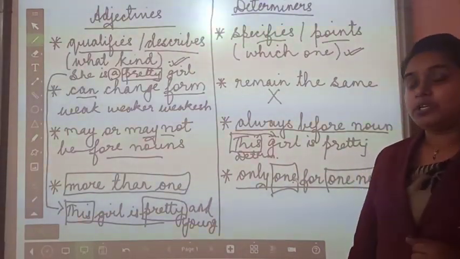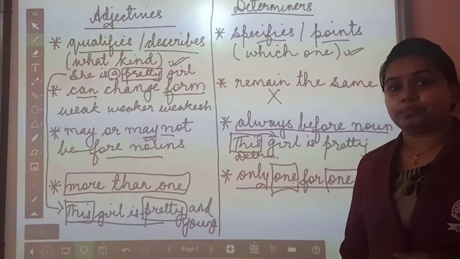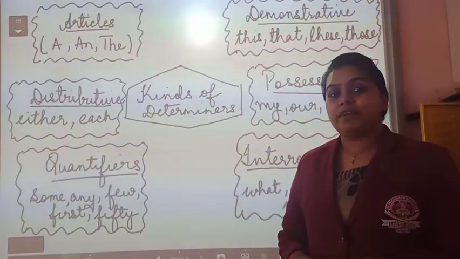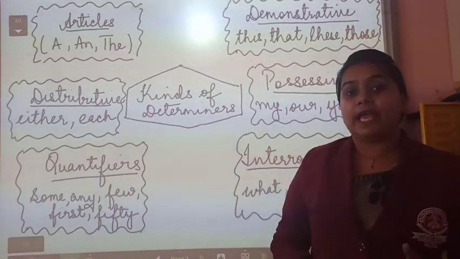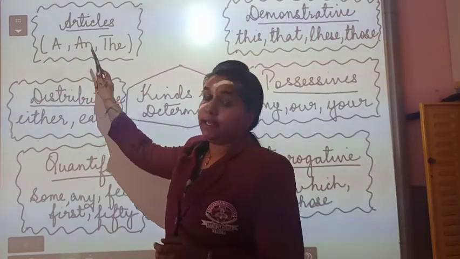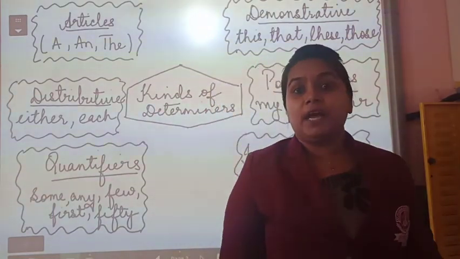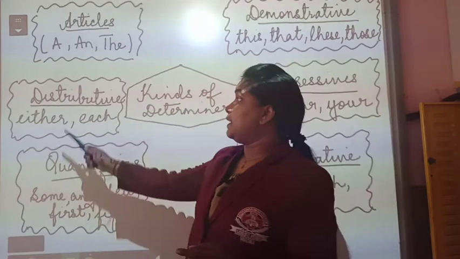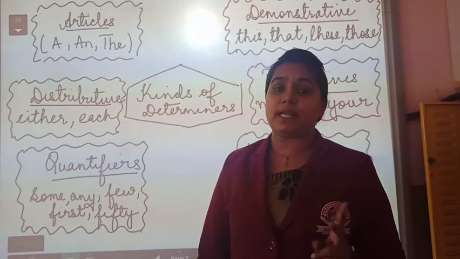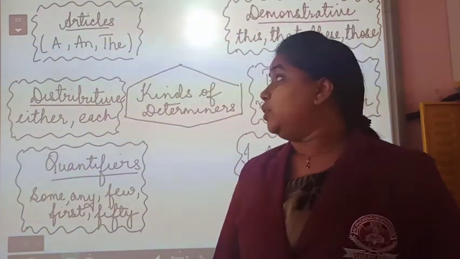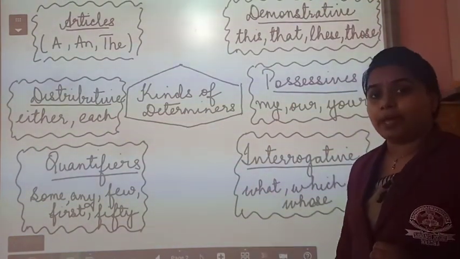Now let us go to the different kinds of determiners that we have to discuss. The first kind of determiner is articles, that you may be already aware of, a and the. Here a and an are indefinite articles, whereas the is used for definite articles. What you need to know more here is a and an are always used for countable nouns. The can be used for countable as well as uncountable nouns. Okay, we will be discussing all the 6 types of determiners in detail one by one.